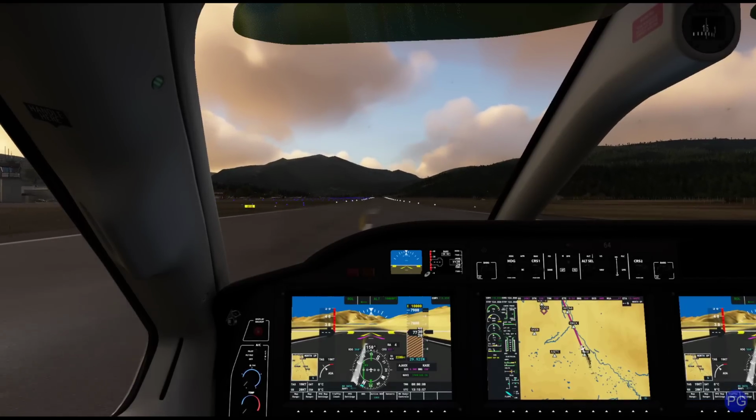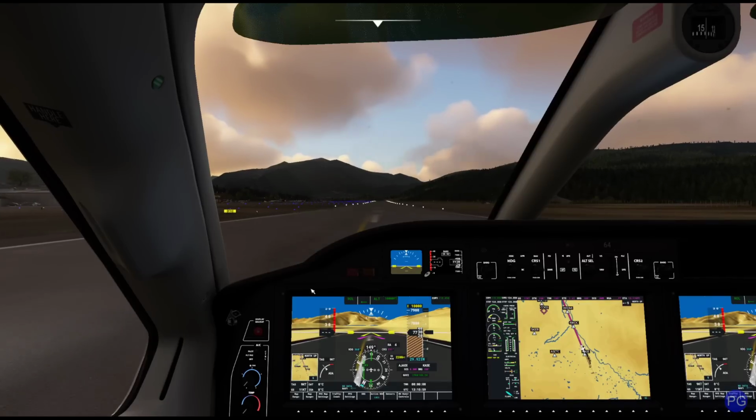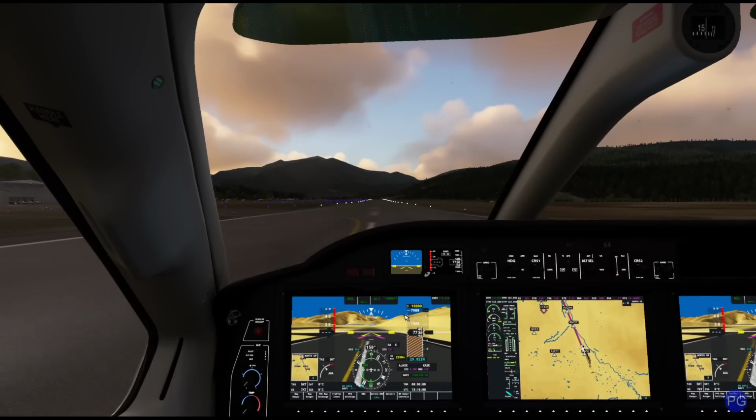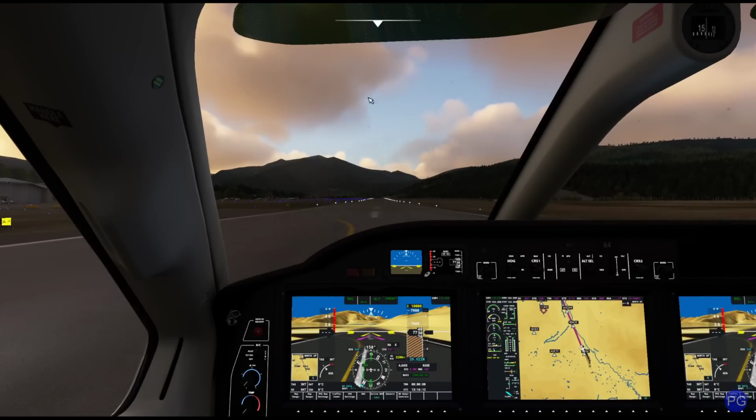I picked one of the hardest localizer approaches you could do just so you can see how you can monitor it on the way down. Keep in mind, depending on what the weather does, your actual descent speed may change. If you have a headwind, for example, that's going to cause you to take longer to get down, in which case you need less descent speed. So let's go one thing quick